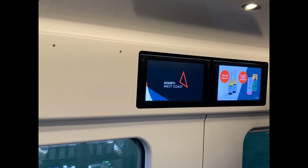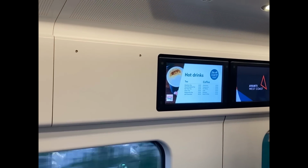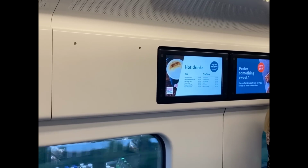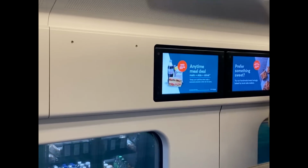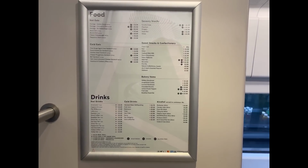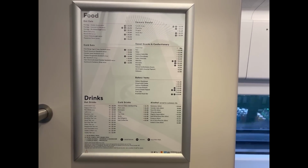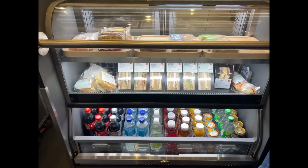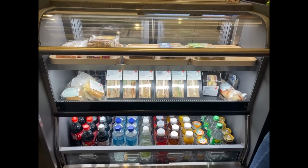For example, we have here some digital display screens showing the menu, although as well as that, we also have the actual main menu, which is located just to the left facing the counter. If you do want to read it, feel free to pause the video, as there is quite a lot on offer, to be honest with you. Just here can be seen a small selection of what's on offer, although there is a lot more that isn't